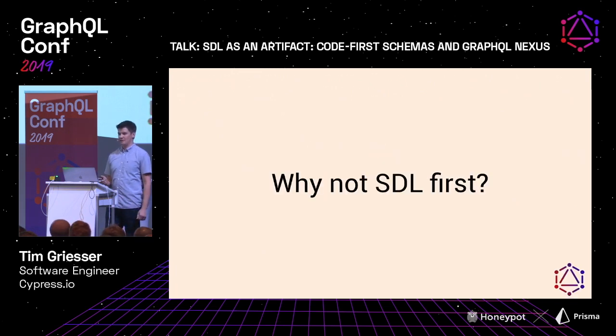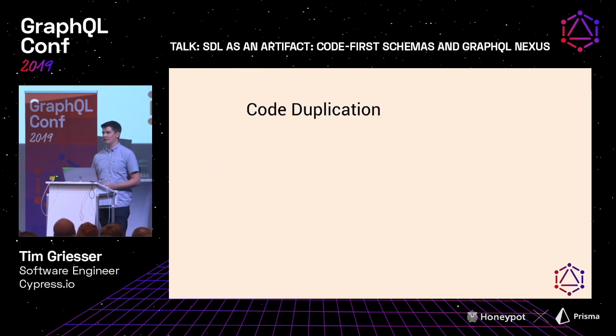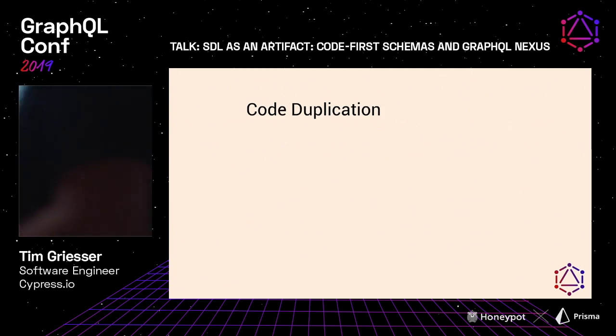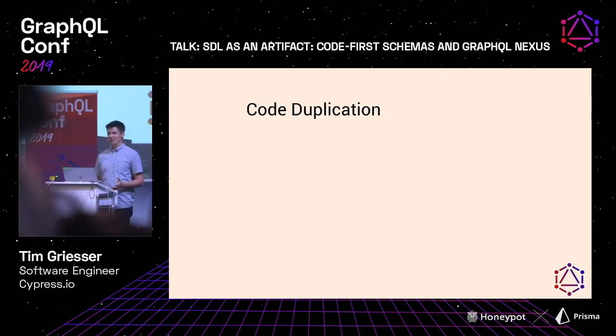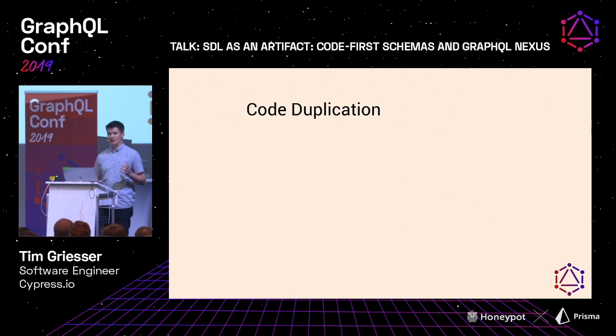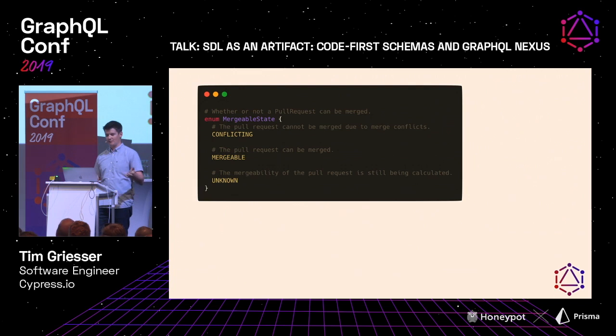So why not SDL first? There are a couple of points. The first one, which I primarily think of, is code duplication. You have your GraphQL SDL that models your type system. I just pulled this from the GitHub public API. We have mergeable state, and it has a few different enum members: conflicting, mergeable, unknown, with some comments there. And then in your code base, presumably somewhere in some runtime object,